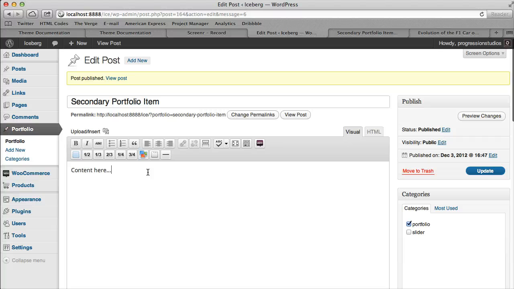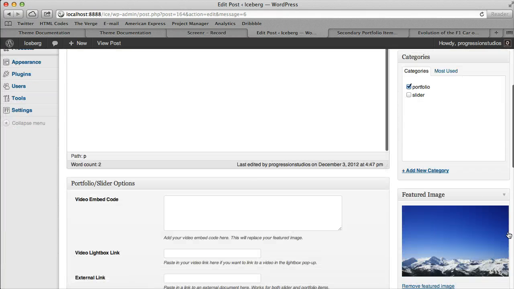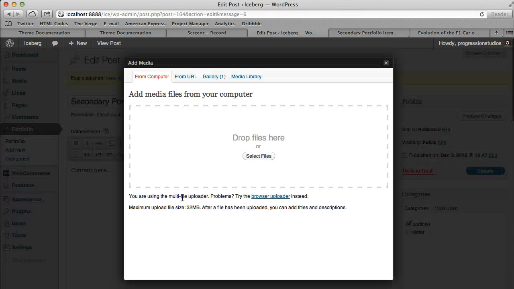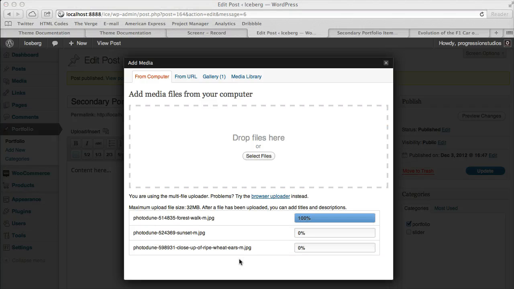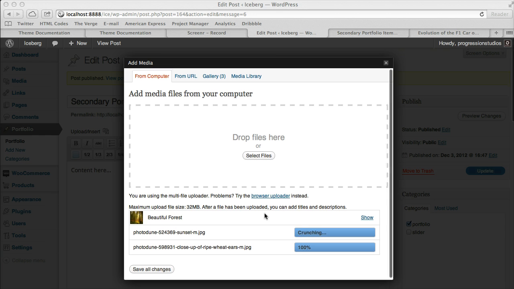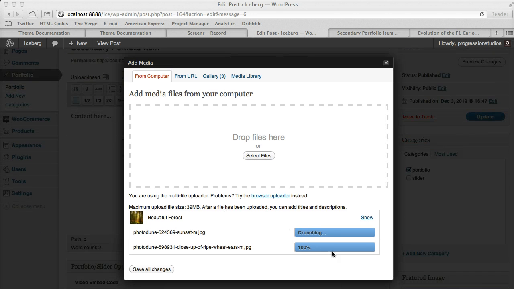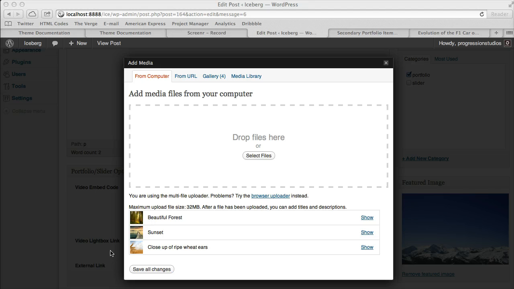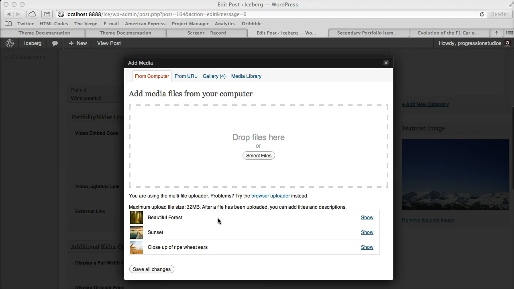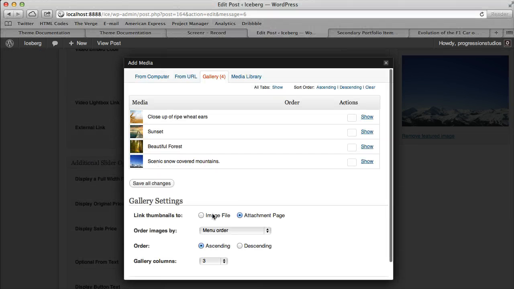Let's see what else. And if you wanted to have a gallery, let's say we wanted to have multiple images, all you need to do is upload the images. Let me grab a bunch right here for you. And all you need to do is click, so once it's all uploaded, click Save Changes when you're done, and do not click Insert into Post. It will automatically